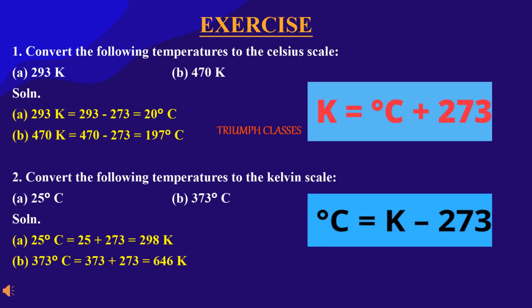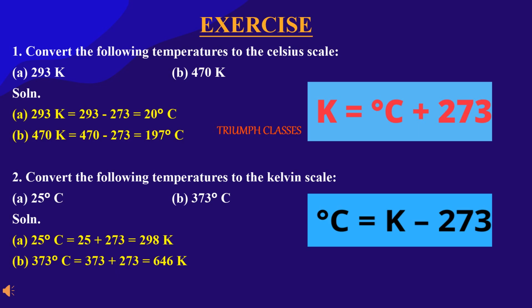Now moving towards the chapter-based exercise. Question: first, convert the following temperature to the Celsius scale. To convert the temperature from degree Celsius to Kelvin, we have to add 273 to the degree Celsius, and to convert Kelvin to degree Celsius, 273 is subtracted from Kelvin. Part A: 293 Kelvin. 293 minus 273 is equal to 20 degrees Celsius, so 293 Kelvin is equal to 20